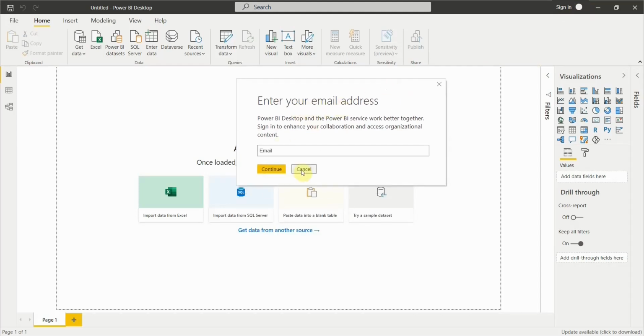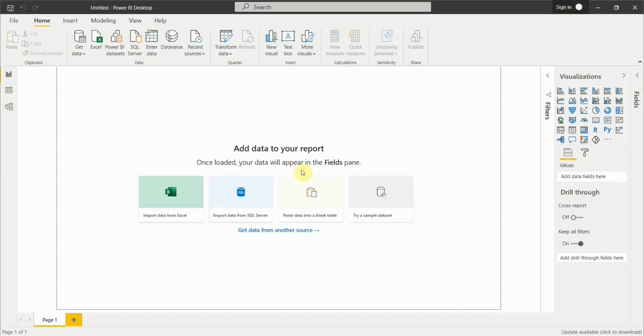Once you enter your email address and continue, your Power BI application will be logged in, and you will be able to use the Power BI service wherein you can publish your reports with the organizations or with your friends. Okay, so it is not necessary to log in while creating any reports. However, if you want to share it with your friends or colleagues, you have to log in and share it